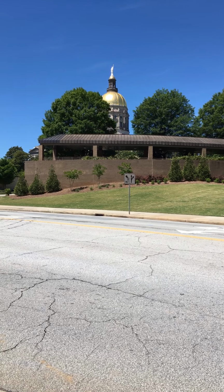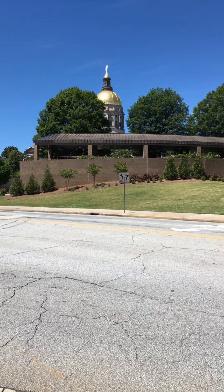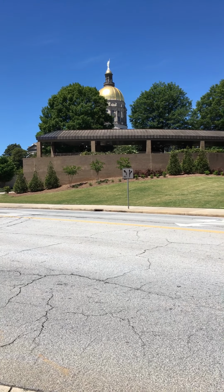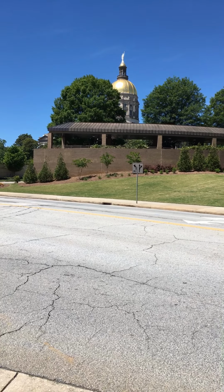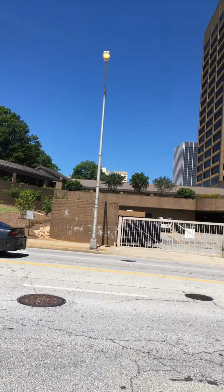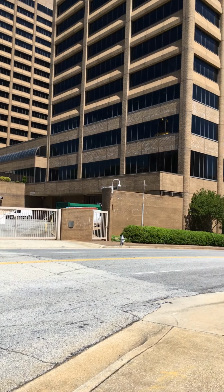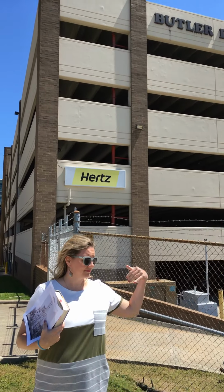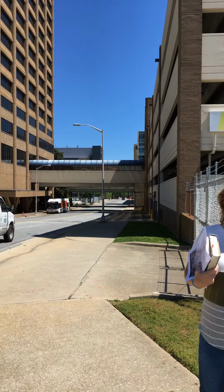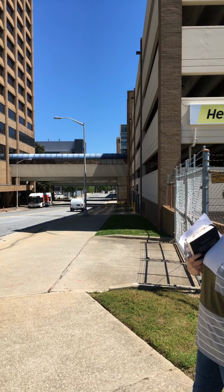All right, if you're not sure what this building is, it's the Georgia State Capitol. We are a couple blocks away, at the corner of Jesse Hill Drive and MLK. I'm going to pan over. These two tall buildings are the Georgia State Station. Been over there a couple of times. And then behind is the Butler Deck. And then kind of going down the street past the bridge is the intersection of Jesse Hill and Decatur, which